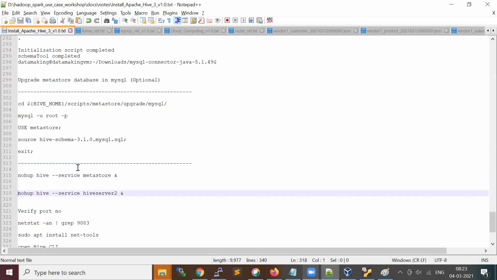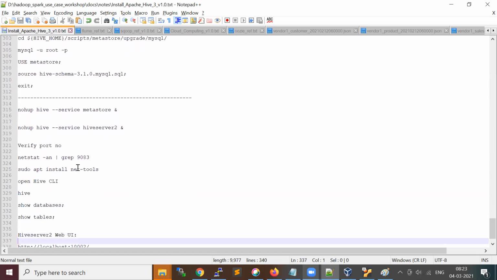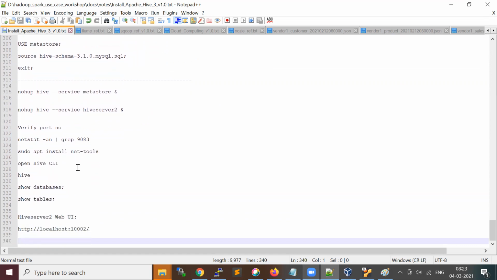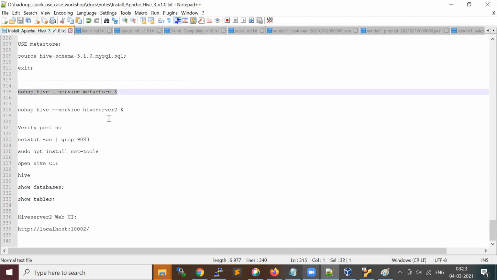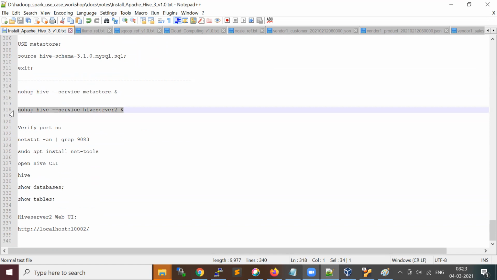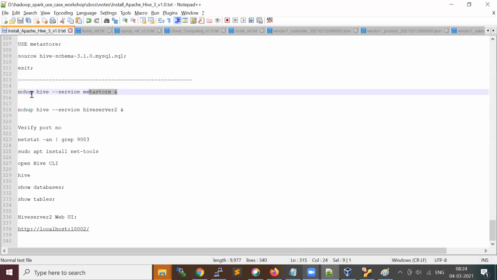Okay, now we need to start two services. At least one is important: the Metastore service we need to start. HiveServer2 is needed if you want to connect to Hive through JDBC. Okay, let me start both the services.